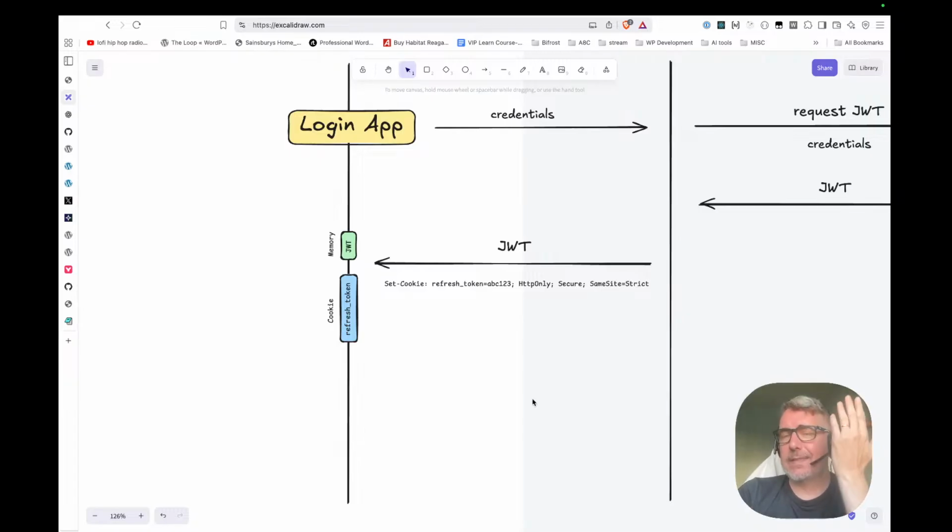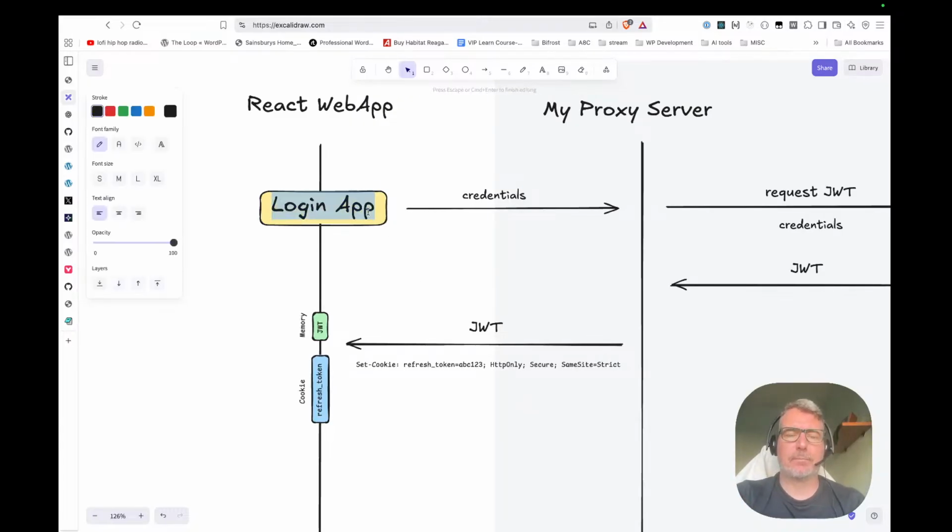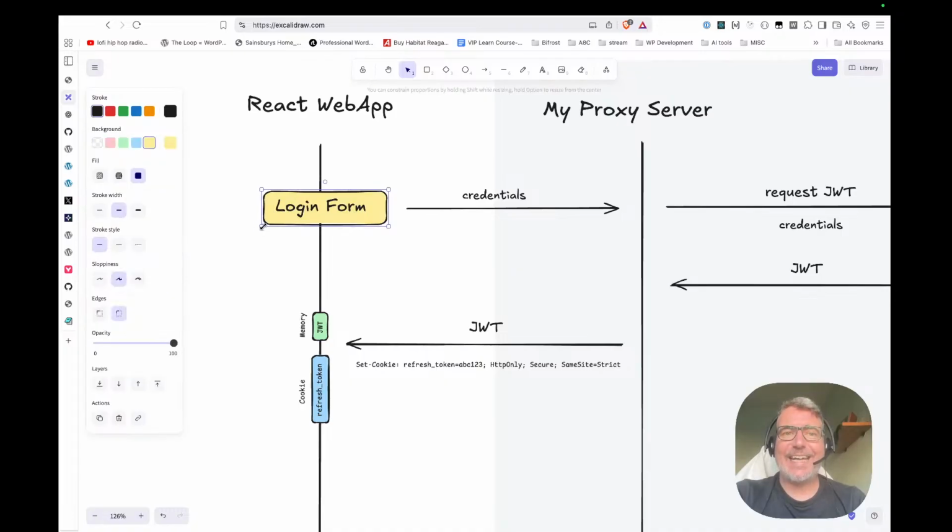So in this case, JSON web token will be in memory. As we are working in a React app, for example, we don't need to worry about anything else. In case there's a reload,